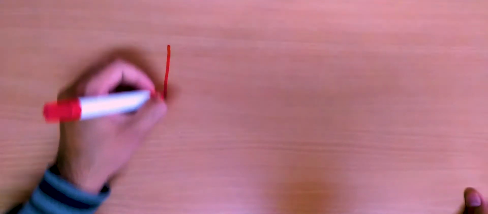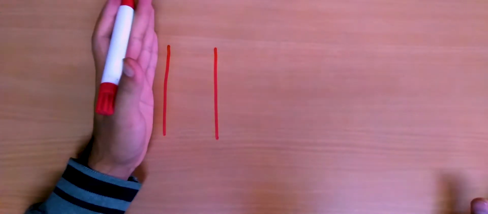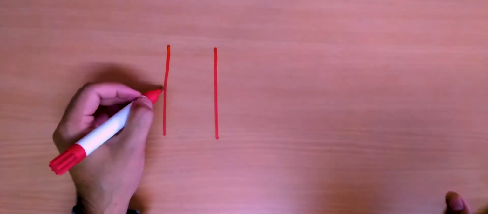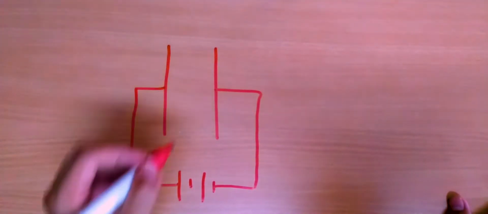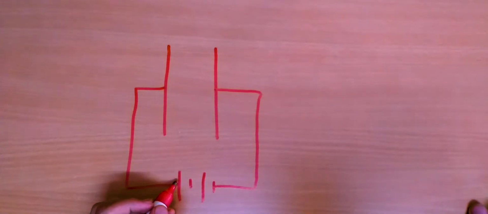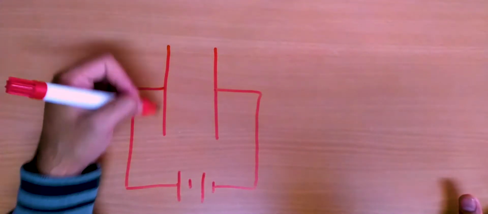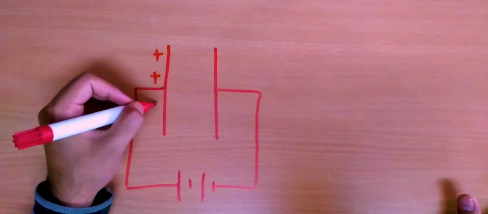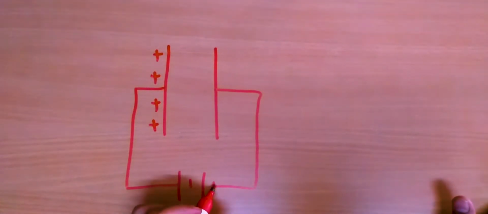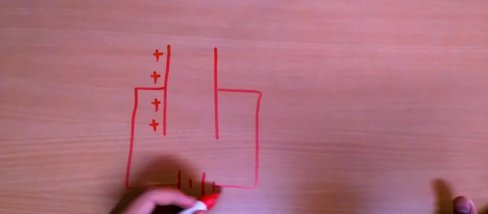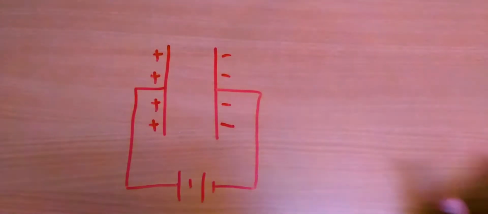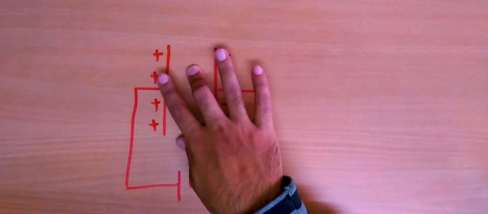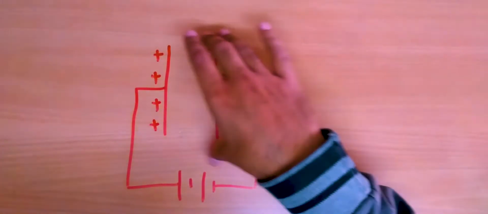In the last video, we have seen what a capacitor is. So if I take two metal plates, this is the first plate and this is the second plate, and connect those two plates to a battery like this one, the positive terminal of the battery will attract electrons and it will suck electrons from this plate, leaving a net positive charge on this plate. The negative terminal of the battery will repel electrons and those electrons would get accumulated on this plate. This is how a capacitor stores charge, right?